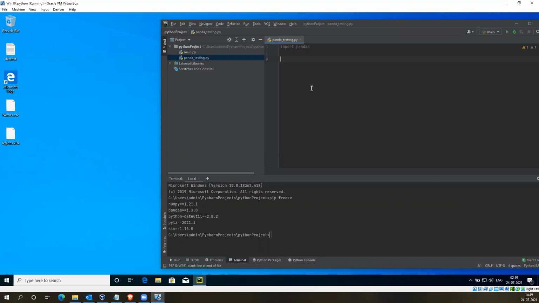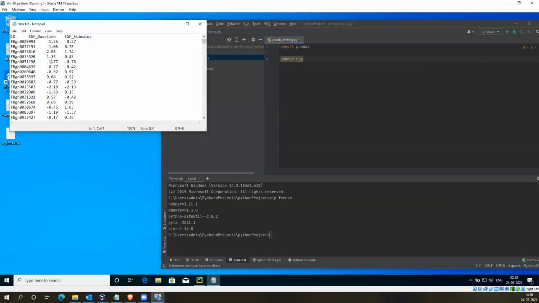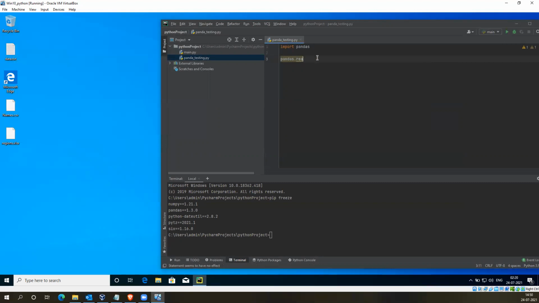So let's say pandas dot. Let me open this text file and see what type of content it is. Okay, this is similar to CSV content, or comma separated content, looking like an Excel.